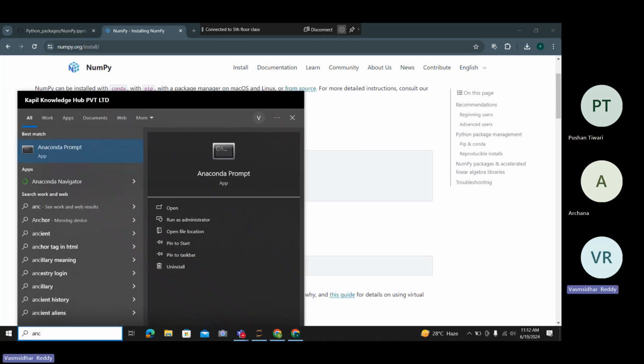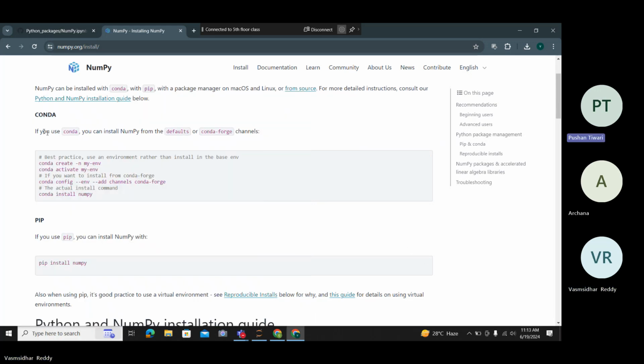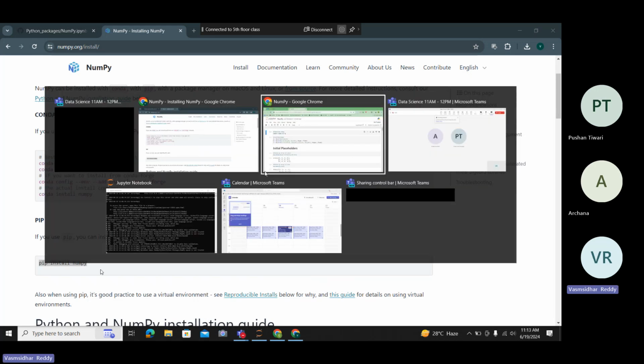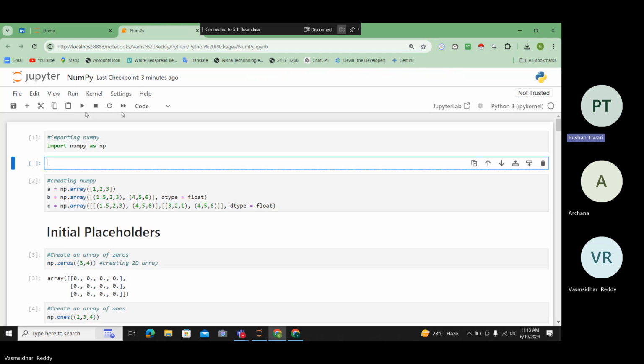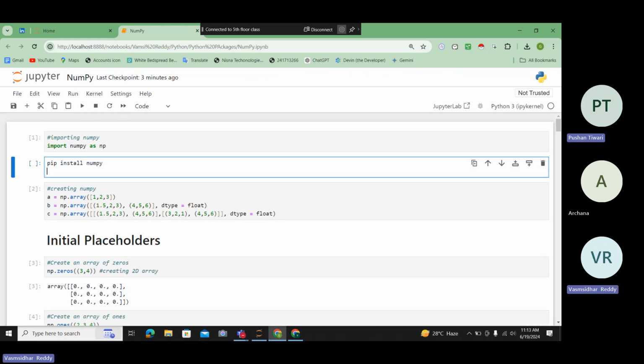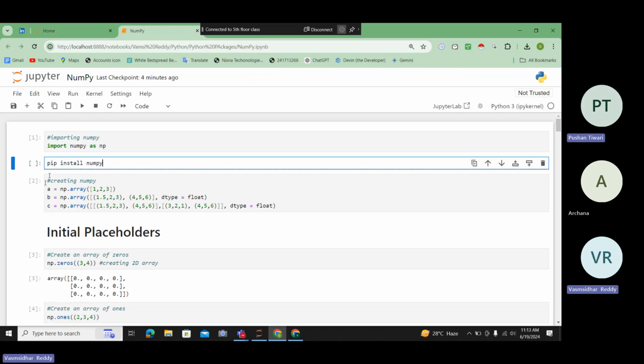This is a Conda prompt, Anaconda prompt. Through this, if you want to install, you can use the Conda commands. But directly, if you want to install in the Jupyter, simply use this pip command. Just copy this command, go to the Jupyter, and paste. In front of the code, you need to mention